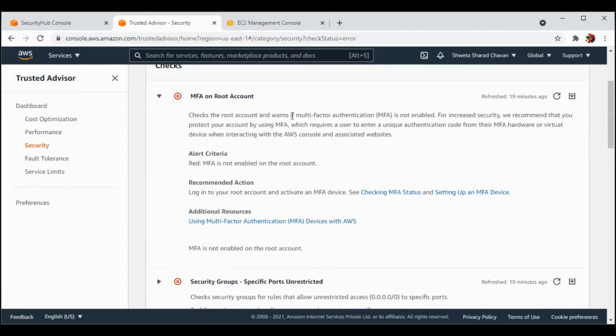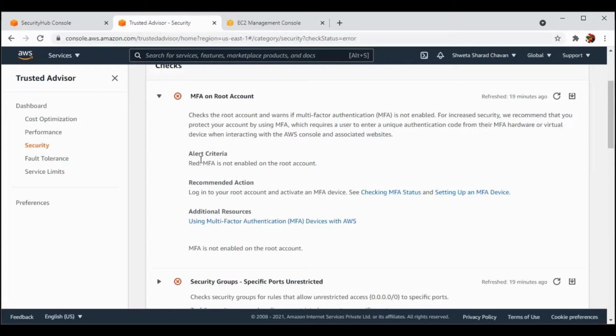So protection is being suggested here, like using MFA, which requires a user to enter a unique authentication code from their MFA hardware or virtual device when interacting with the AWS console and associated websites. So it is suggesting for MFA to be enabled.